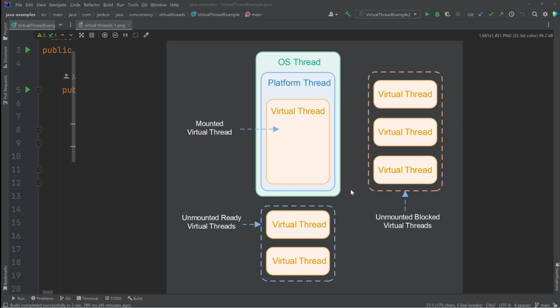In some cases, a virtual thread performs some operation that blocks it, for instance, it makes a network call using blocking I/O, or it calls some concurrent construct or data structure that blocks the thread while it is waiting for a signal from another thread. In that state, the virtual thread is blocked and it can then be unmounted from the platform thread. So it is parked here on the side, and the platform thread can then take another ready virtual thread and